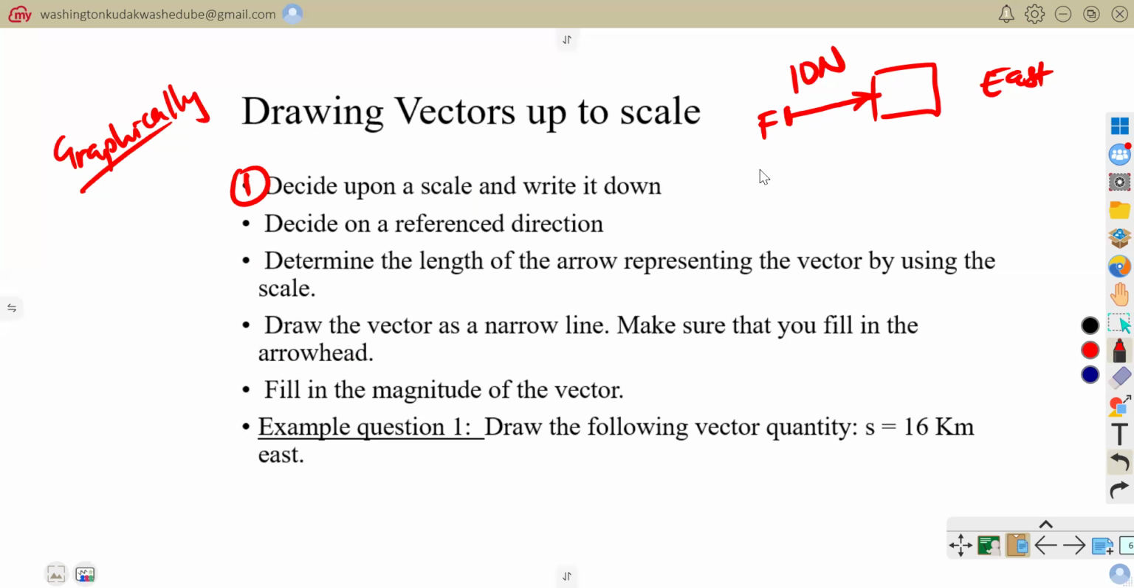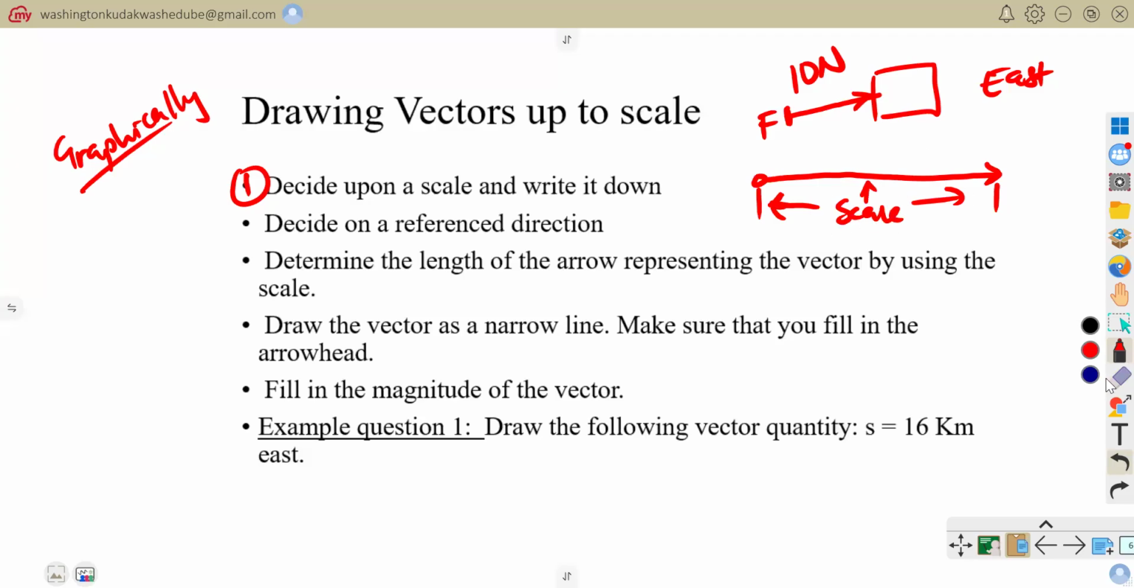So when you want to represent this vector, you need to choose a scale. What do I mean by scale? We said that a vector can be represented by an arrow, and that arrow would have magnitude as well as direction, which is represented by the arrowhead. So this magnitude is what we want to define by defining our scale. So scale actually refers to your reference for the